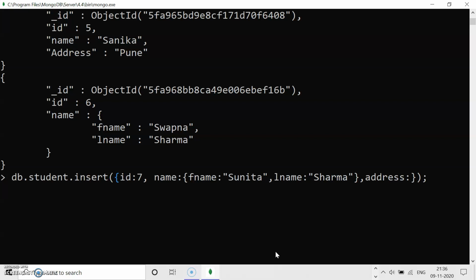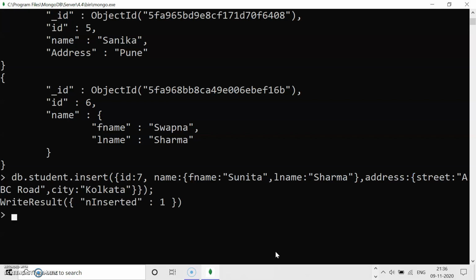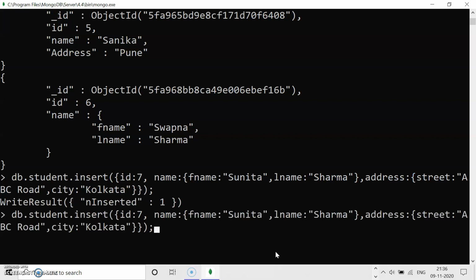One is for name and the second is for address. So address colon, in opening and closing braces, I will write street colon ABC Road, and then city Kolkata. So again, the second document is inserted.